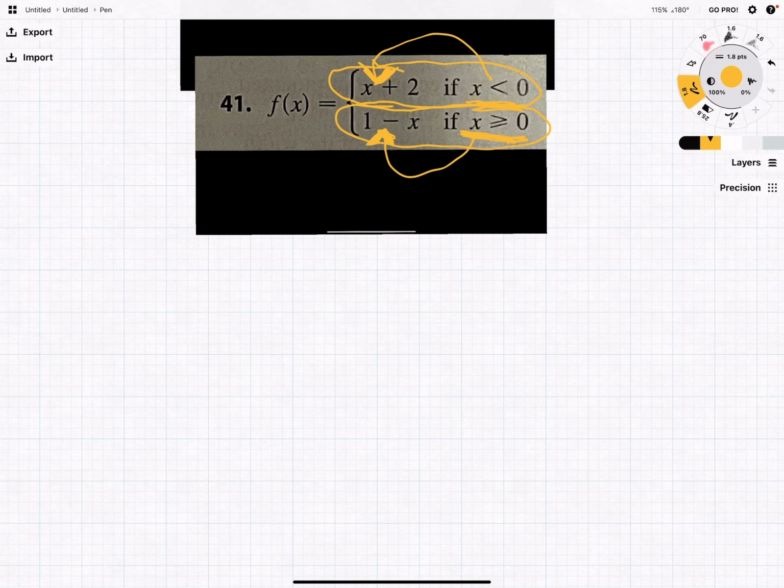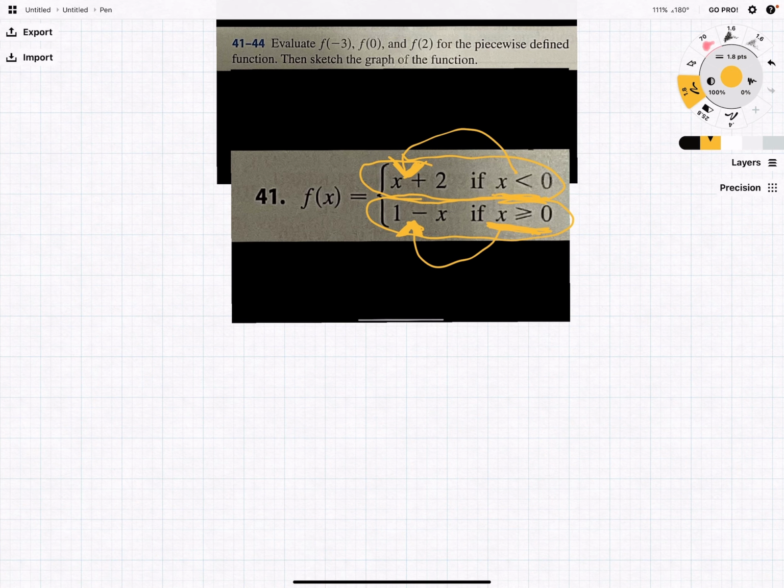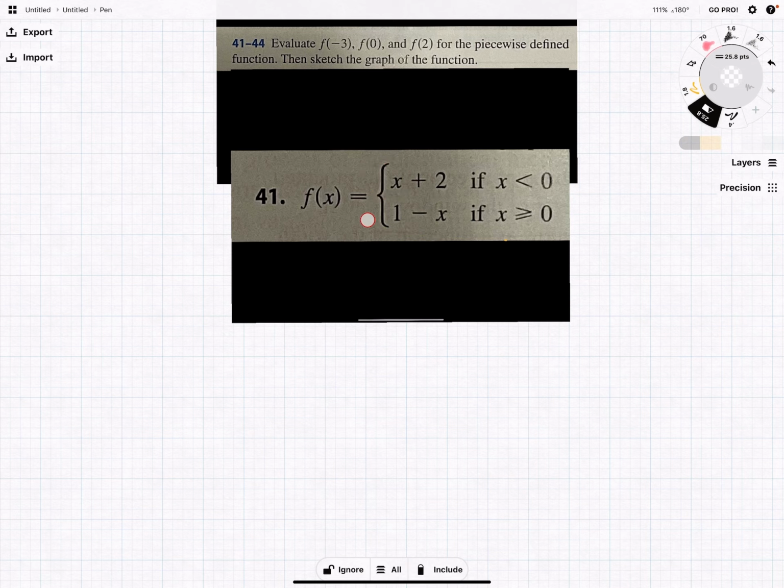That's part of what the problem wants us to do. They want us to figure out what happens with the function. How does the graph behave when we have these piecewise functions? So let's go ahead and start with